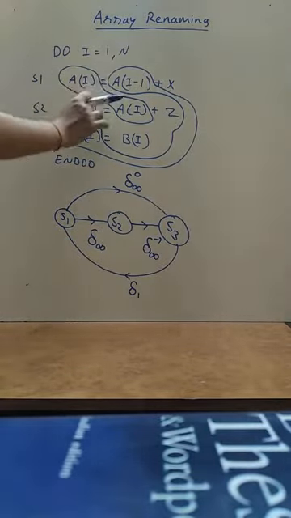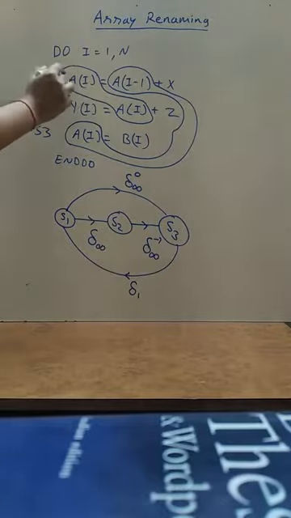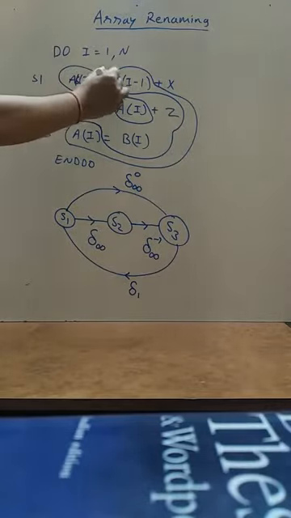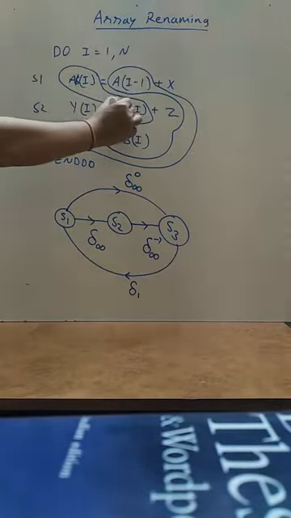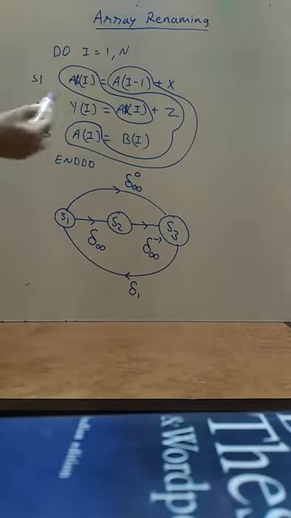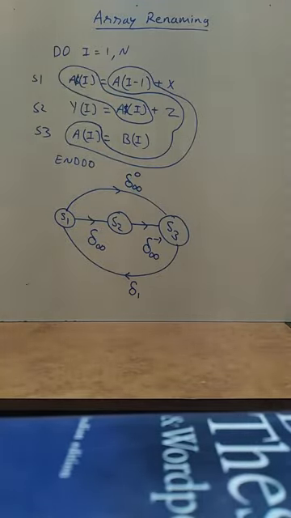So we can partition this into two different arrays. I can rename this. One of the names can be kept as it is, and another may be renamed. Say I want to rename this one. So this becomes a dash of I is equal to A of I minus 1, and this should also be a dash. So in one part I will keep the same name, in another part I will use a different name, because they have no relation, so I will be using a different memory location for this use and this use. If I rename this array, then some of the dependences can be removed.